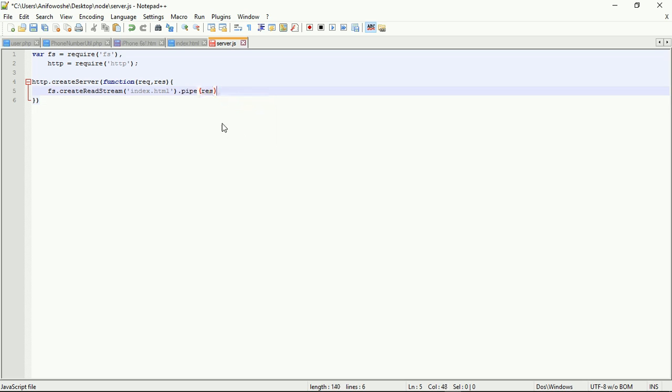res. So this is actually saying, please read the file from index.html. Use the file system core module to read the content of the index.html web page. After reading it, I want you to pipe it out, or show it, as a response to the user. That's how simple